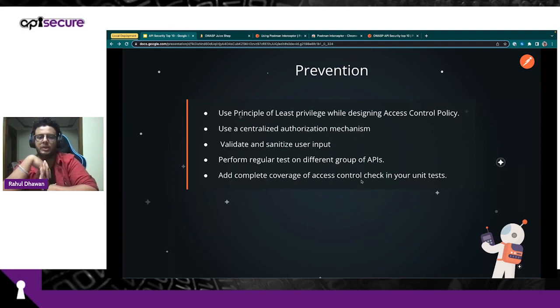If possible, implement a centralized authorization mechanism such as OpenID or OAuth Connect, to ensure that all the requests to the API are properly authorized. This can help prevent BFLA vulnerabilities and also IDORs by ensuring that authorization is handled consistently across the entire